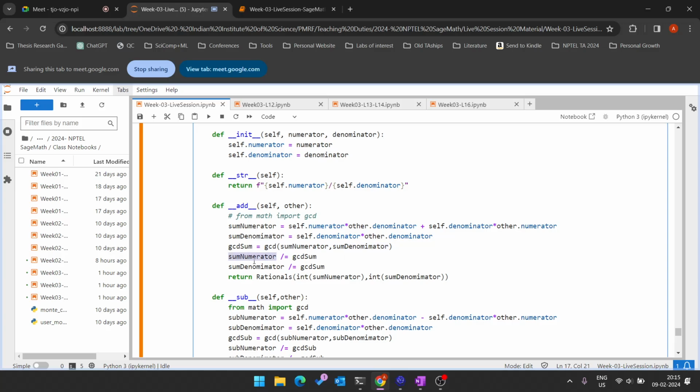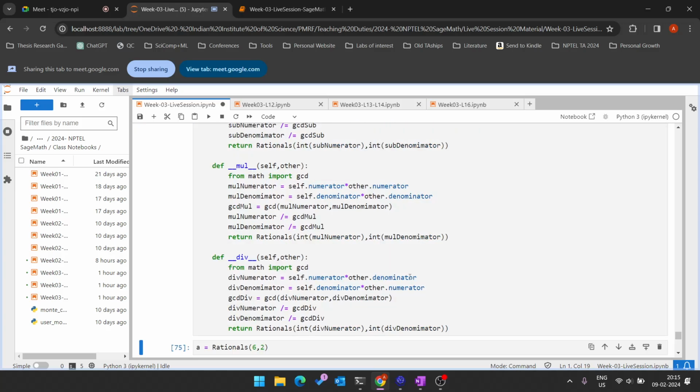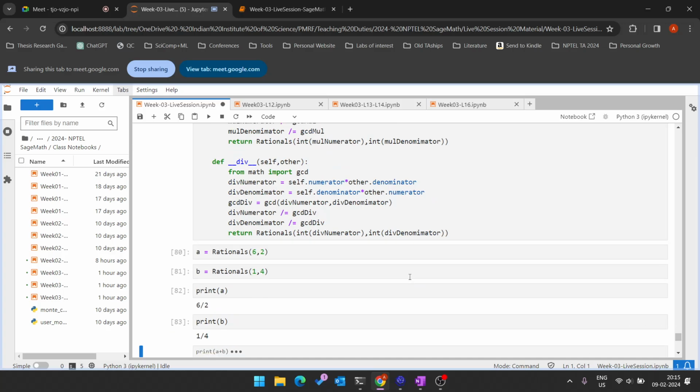Then I divide my numerator and denominator sums by this GCD and return the output as an object of the rationals class with some numerator and some denominator. So if I run this, again I go through this process. If I now do print a plus b,